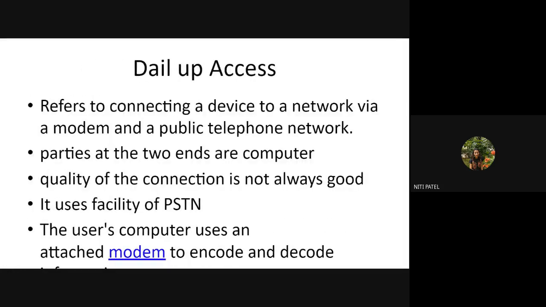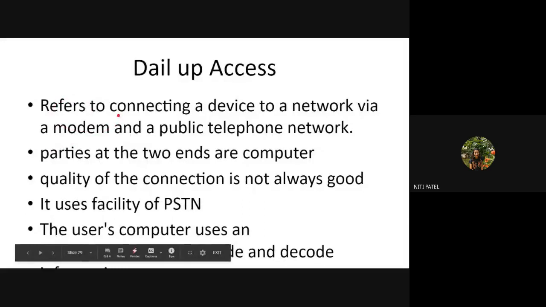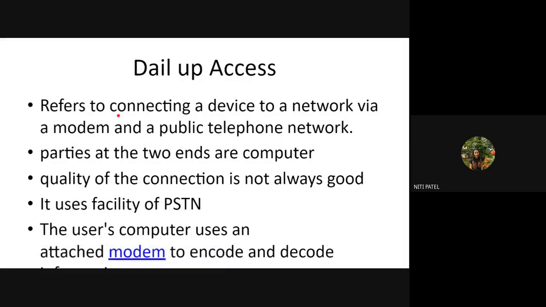Now, what is the difference between a dial-up internet service and your PPP connection? Dial-up access allows connectivity to the internet through a telephone line. So wherever I have a modem, I'm definitely going to have a telephone line. By connecting this telephone line to the modem, and then the modem to your computer. One end of your modem cable is to the computer, another end is to the modem itself, and there is one more wire from the modem to the telephone line. Who is going to provide you the service? The network connectivity will be from the service provider, the internet service provider.